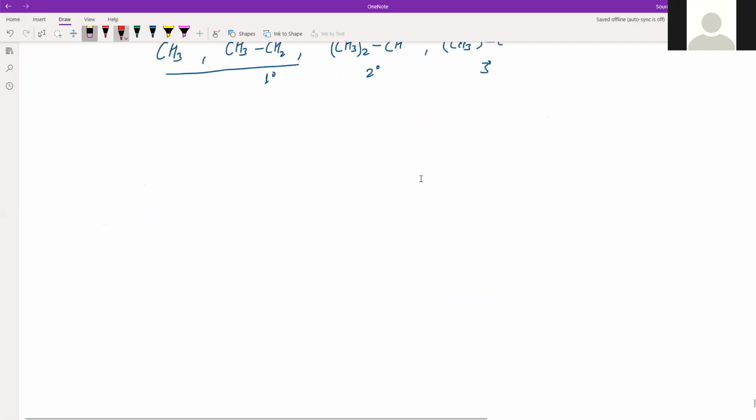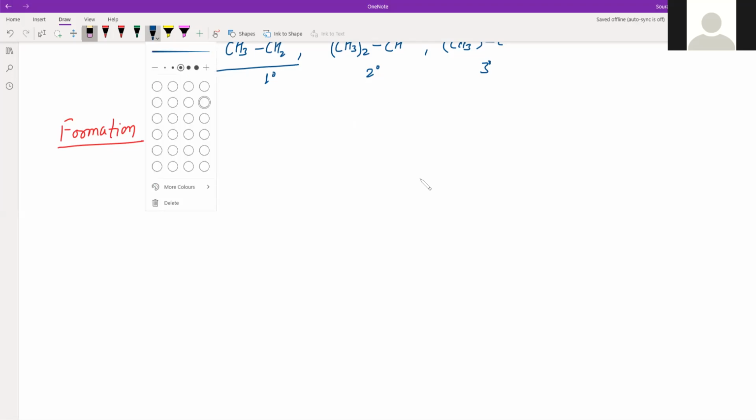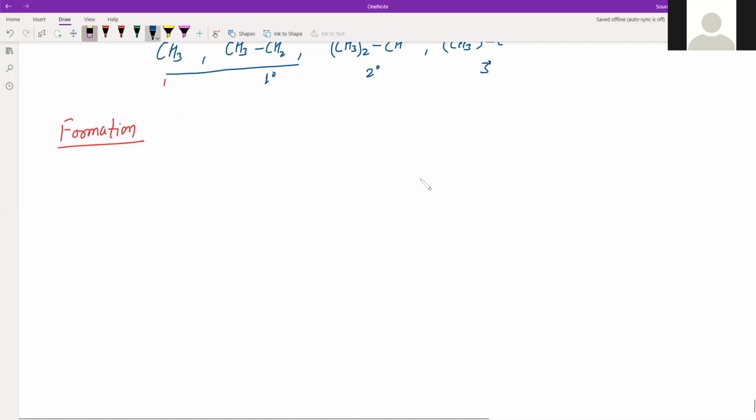So don't forget these simple points because they are very important. Now, how are these carbanions formed? So next is formation of carbanions. So we have seen for carbocations as well. Similar thing is here. Formation of carbanions can be found by many ways, but the most important ways which we will see in most of the reactions are like this.